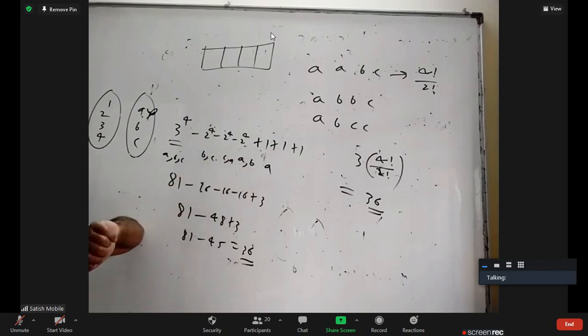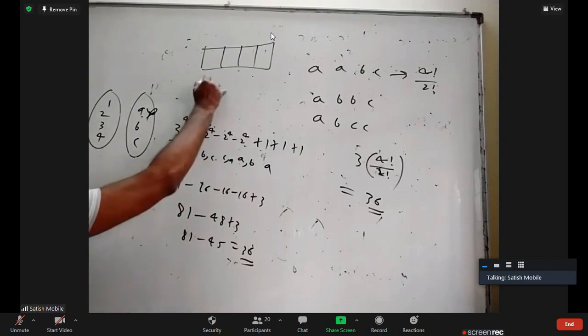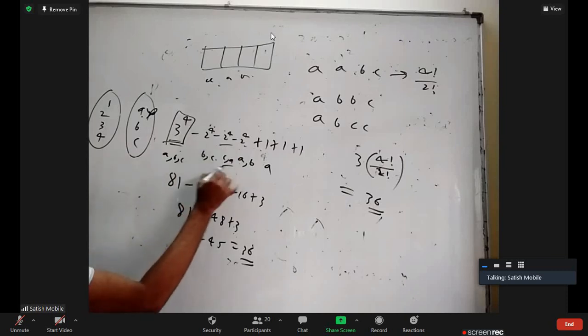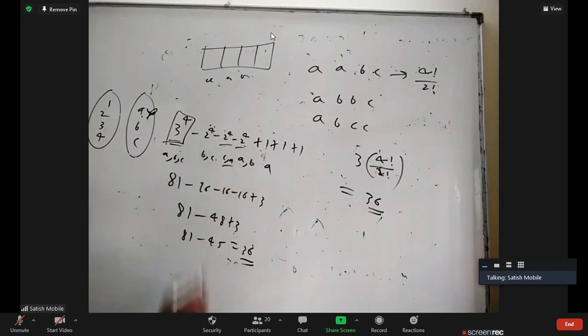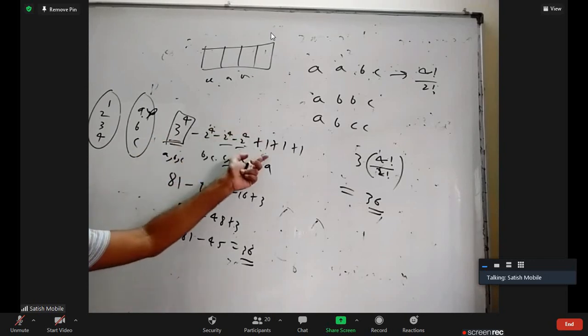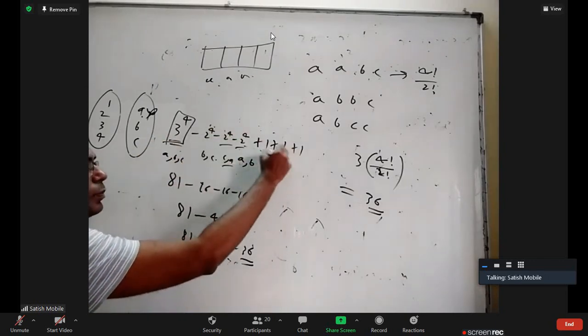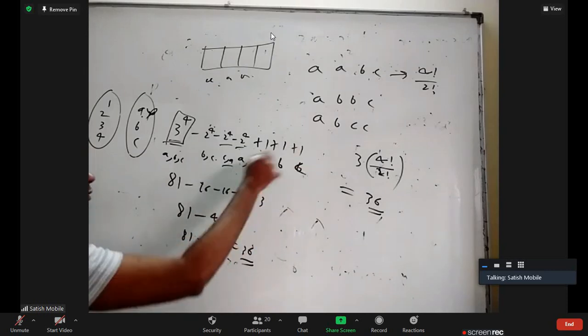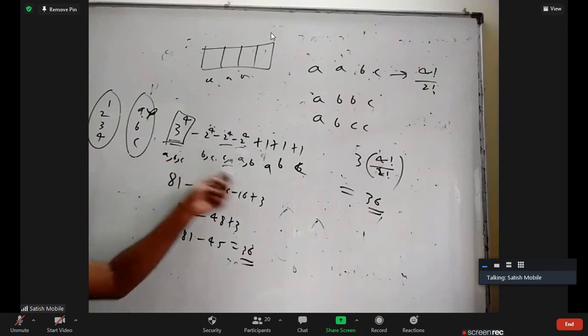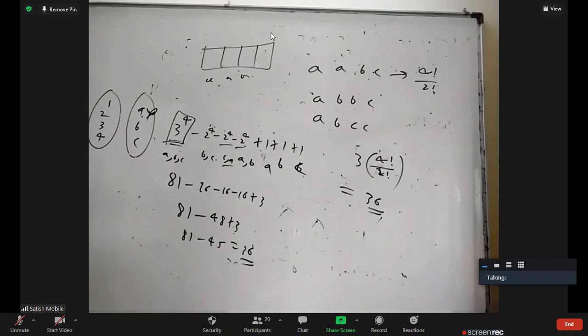Yes, sir. Okay. Now, if all are A, I used only A. That is definitely one of the words in 3 power 4. It is also there while using C and A, and also while using A and B. So I counted it here once, but I removed it twice. So I have to add it back once. That is plus 1, and similarly for all B's and all C's. That's it. Is it okay now? Yes, sir. Understood. From the total, what we don't want, we removed. Okay. So now